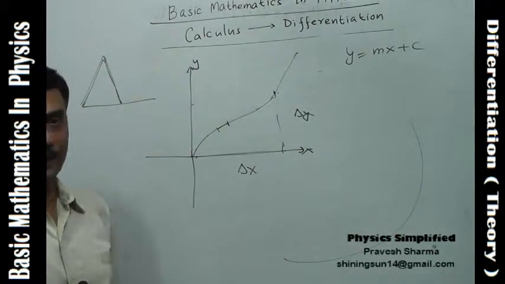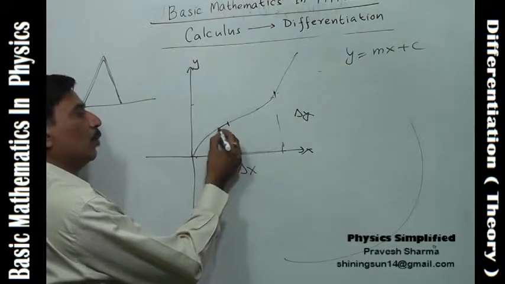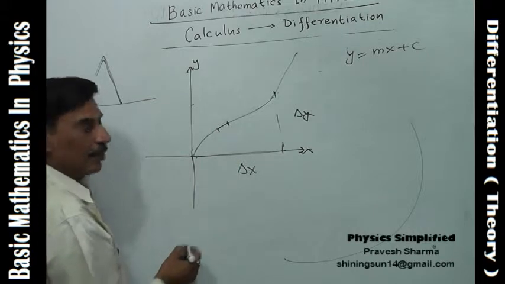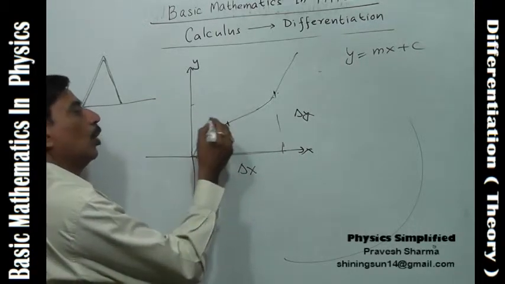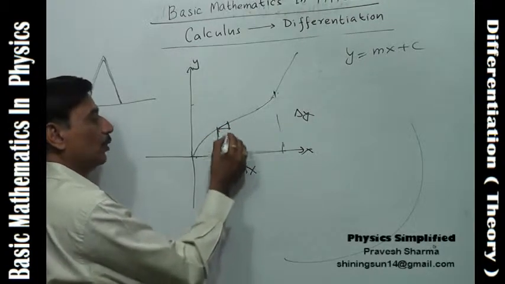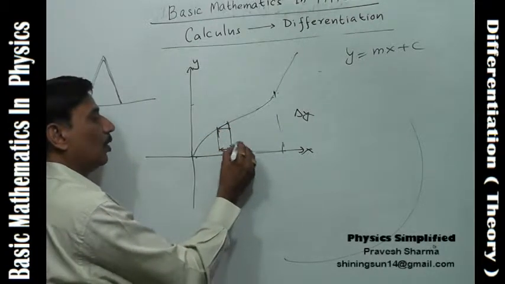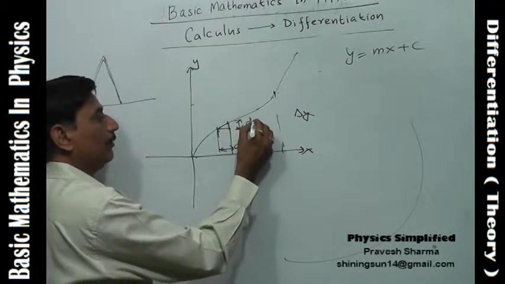Similarly, over here, I have taken a very, very small section of this length, so that this is almost a straight line. When you say this is almost a straight line, then this change is called dx, and this corresponding change in the value of y will be called dy,